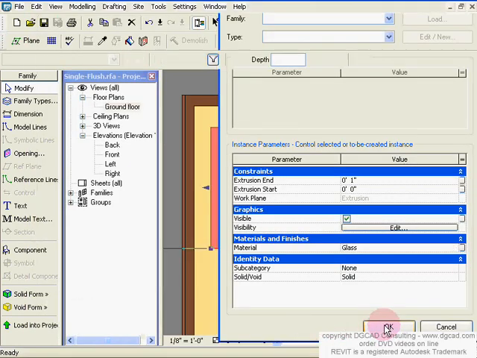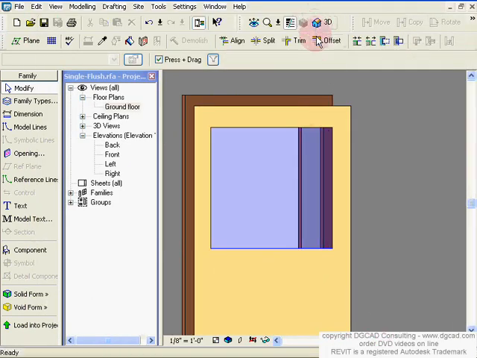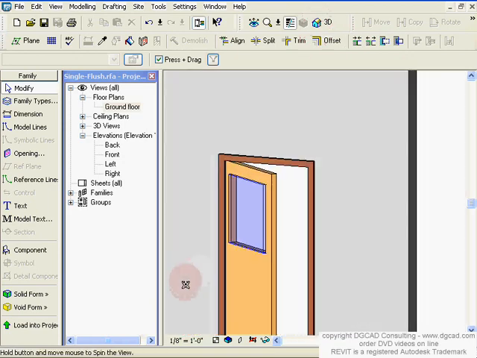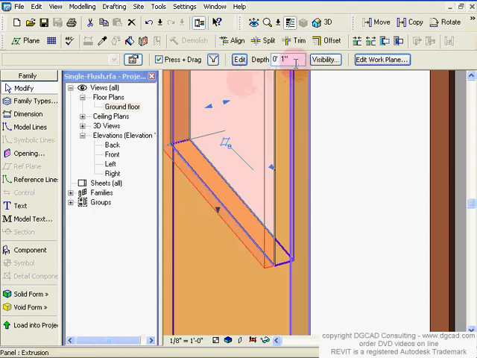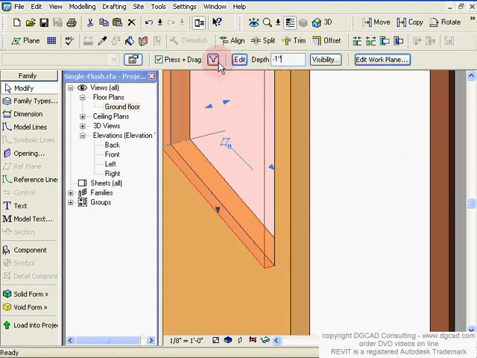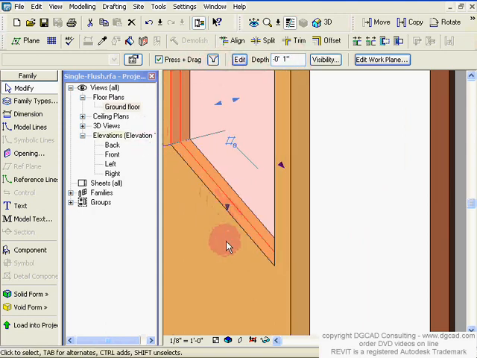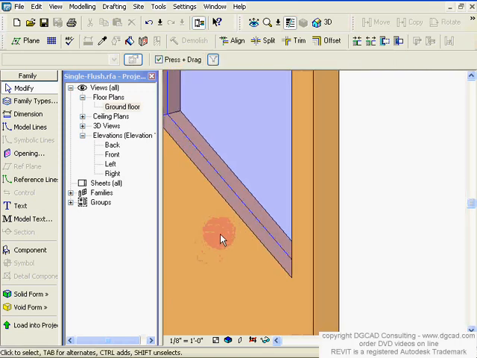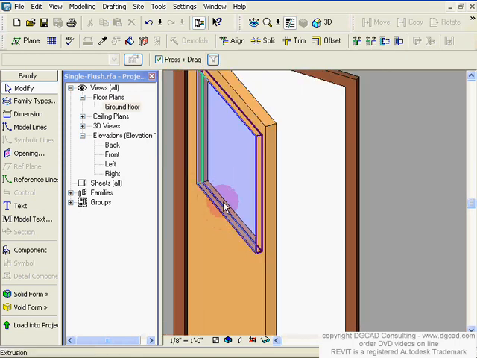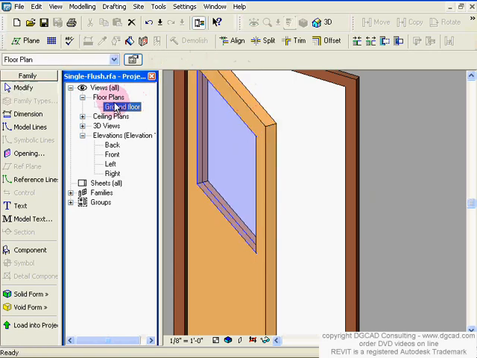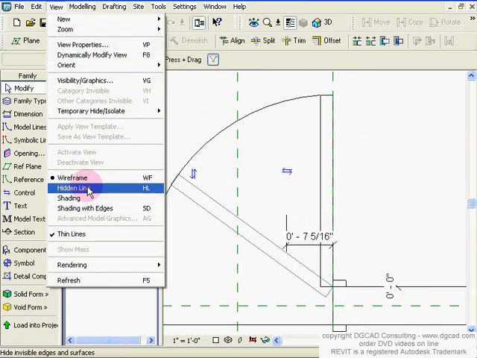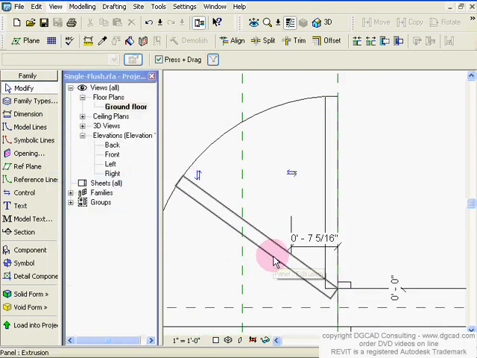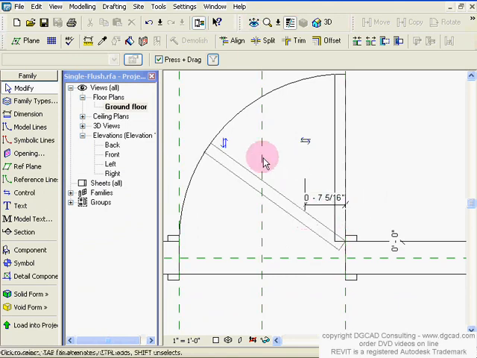Now what I didn't do is make it glass. I'm going to go into here and go to my materials and say you are glass. Hit OK and hit OK. Click out, go to my 3D view, which I'm in, and then go over there. Now what's my problem? Okay, my extrusion I should have made minus 1 inch to sink it in, and then I could also have moved it over, offset it, because as that sits, it's right on the edge. It's not really centered. So if I was to go into here, for instance, and then go to wireframe,